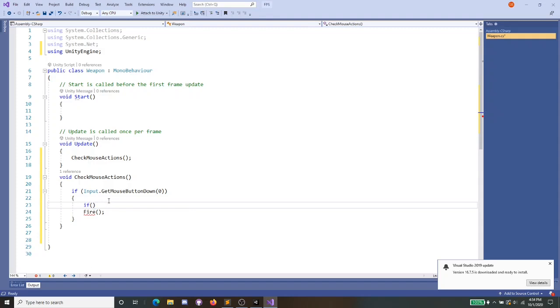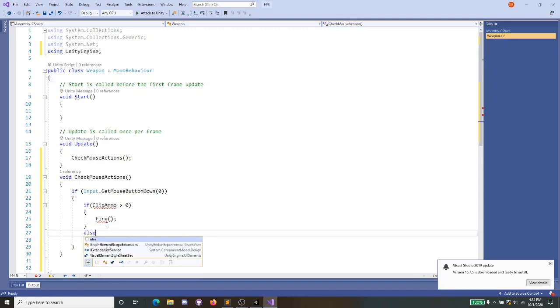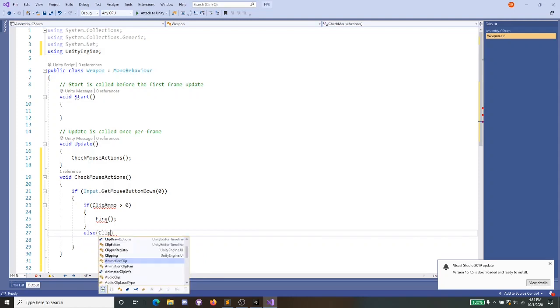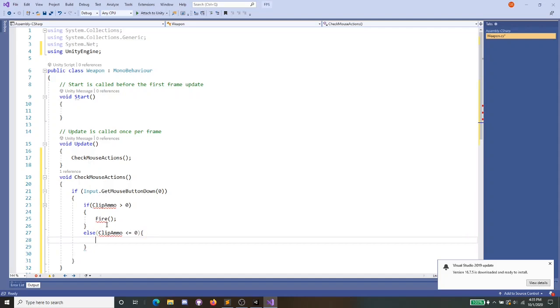So I'll create a new statement called if clipAmmo is greater than 0. So if the ammo that we have is greater than 0, fire. And I'll drag this in here. So clipAmmo is going to be a variable that we have to make, so we'll make it right after this. But if we do not have enough ammo, so if clipAmmo is less than or equal to 0, then we want to